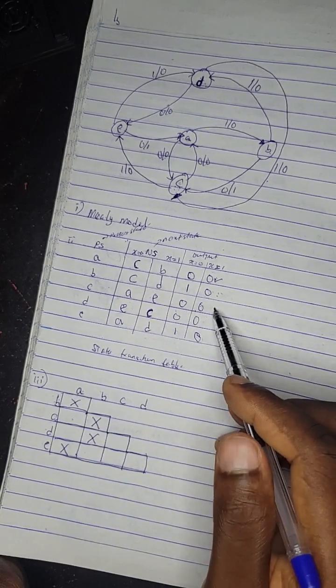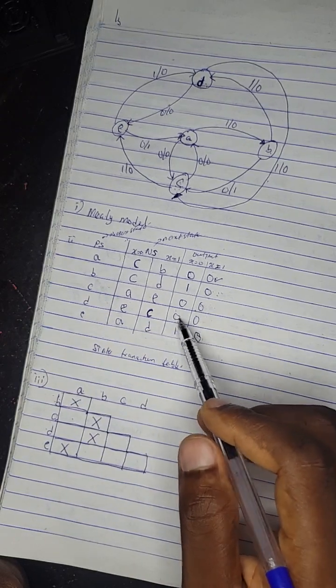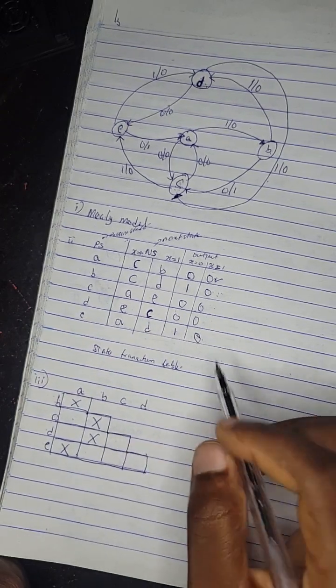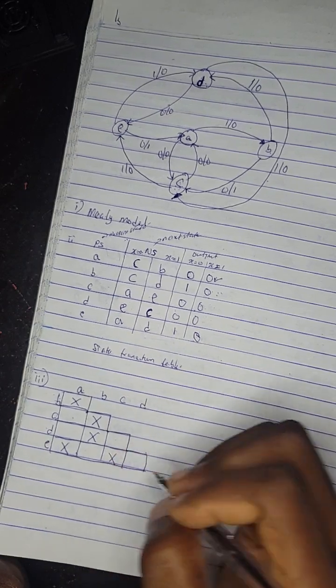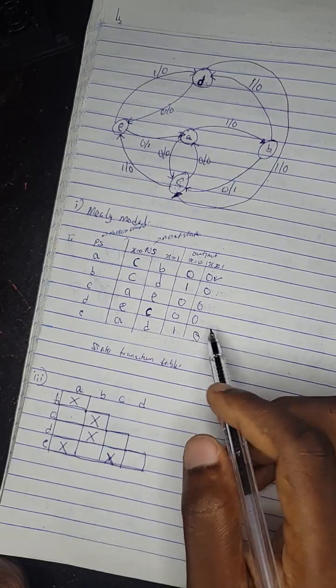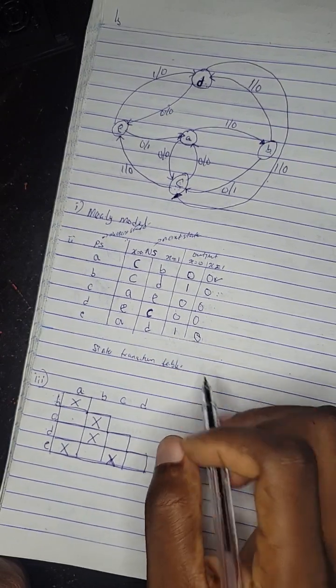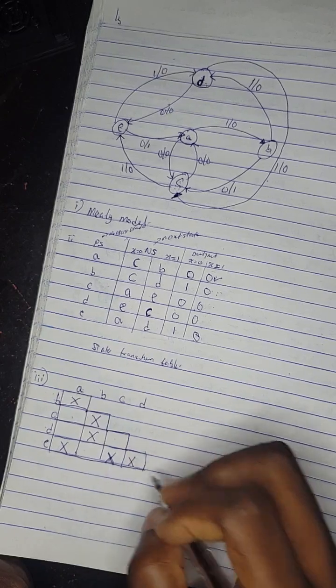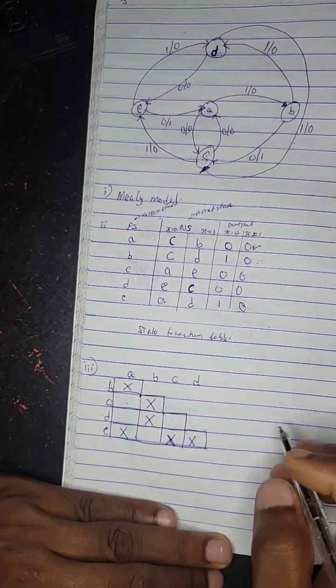Now the next one is C, that's CD, 0 0 0 0. So that's possible. 0 0 1 0 for CE, that's not possible. C and E are not possible. So the next one is D. D and E are not possible because we have 0 0 1 0. So they are not possible. So now after you've marked those that are not possible as a result of the outputs, you now have to